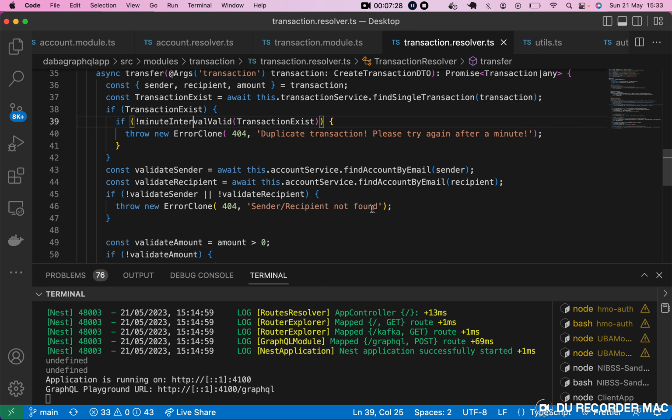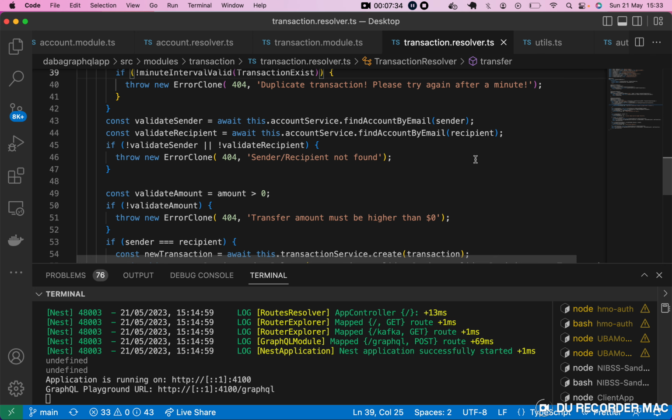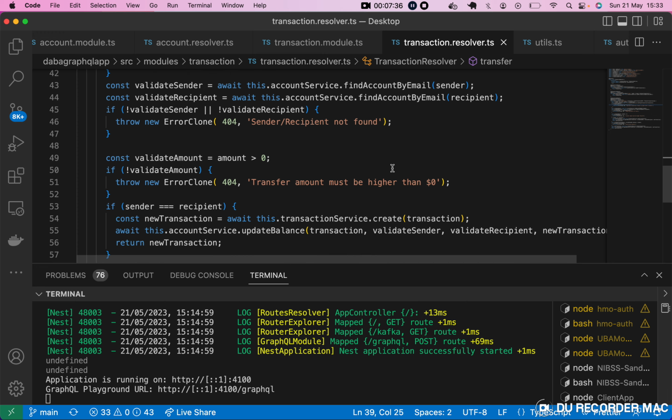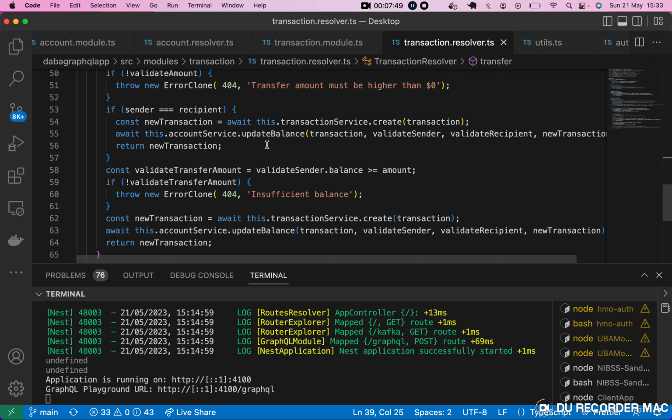After that, if that is clear, I validate both the sender and the recipient, that they are valid account holders, and if they're not found, you get this error. If they are found, you go ahead and validate the amounts. Is it more than 0? You can't move 0 amounts. So if that is correct, then I check to see if